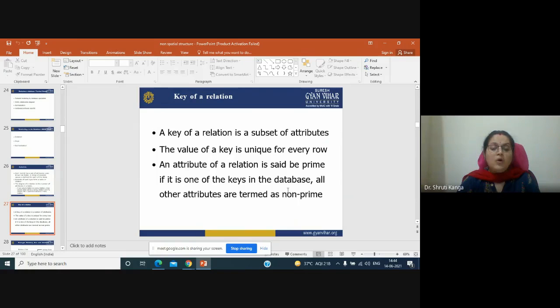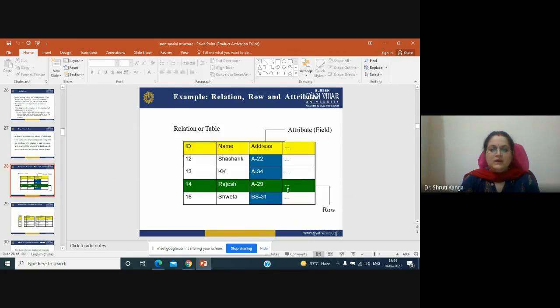Now, key of a relation. A key of a relation is a subset of attributes. This we will be seeing here also. Now, you see the relation or a table. ID has a link with this, name has a link with this.